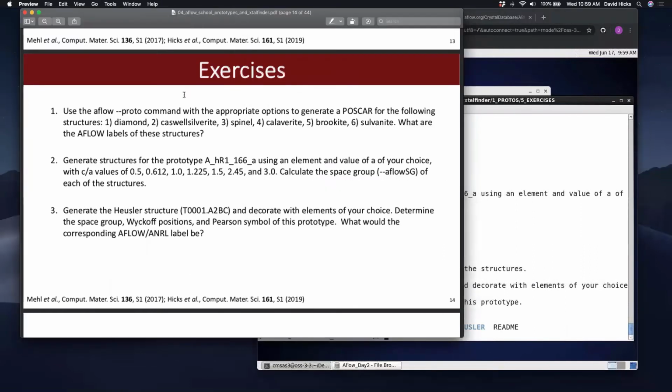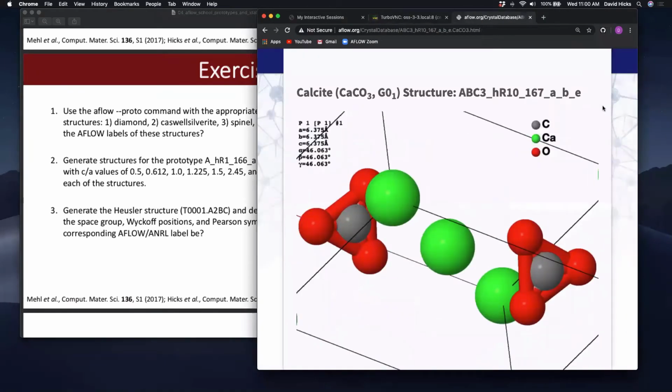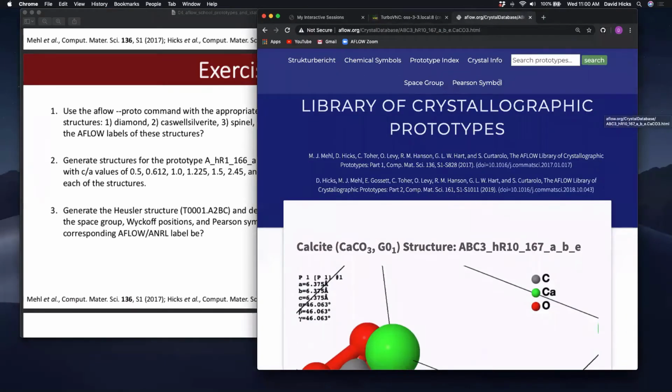Okay, so in this first exercise, we're going to use the prototype command to generate the following structures. In this case, you're going to need to practice using the website. So you'll need to search for the diamond structure, Cswell silverite, all of these structures. In your breakout group, you can feel free to divvy it up if you'd like to cover more ground. But I recommend, if you go to the site, let's